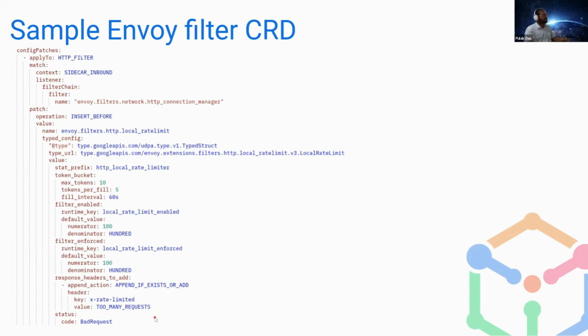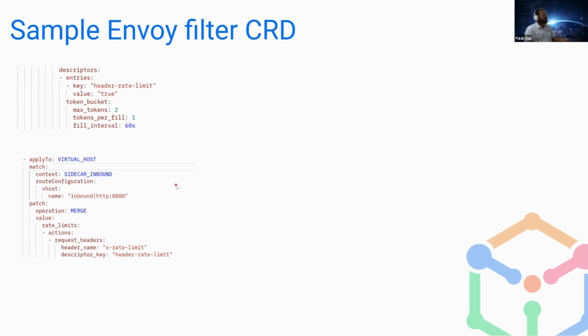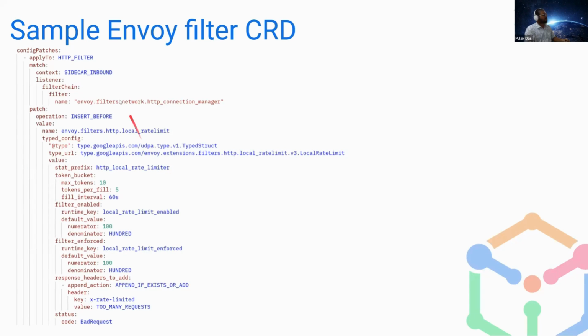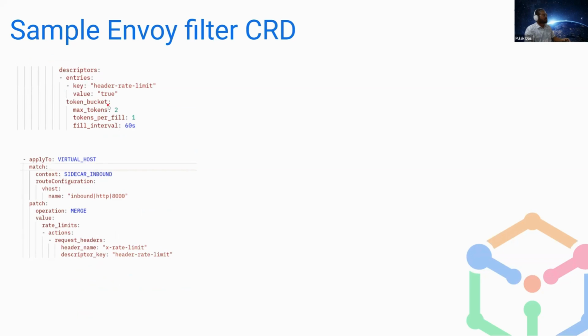Now, one thing to note here: we are selecting the context as sidecar inbound. What that means is for each and every listener that is inbound to the particular service, we will be applying this rate limiting filter. In other words, every request that is coming through will get rate limited. Now you can sort of get around that by